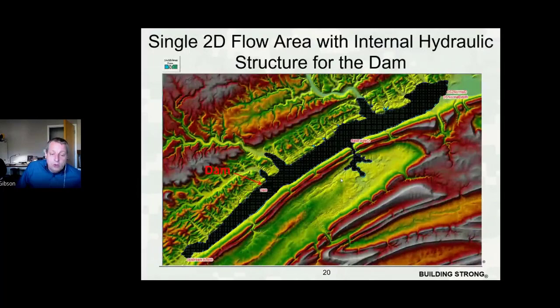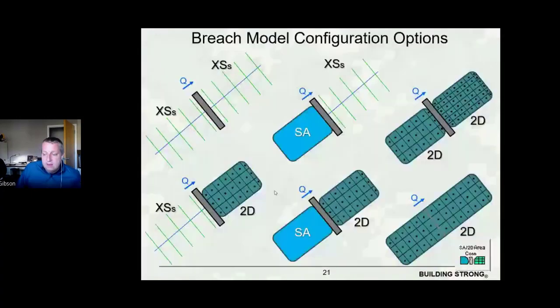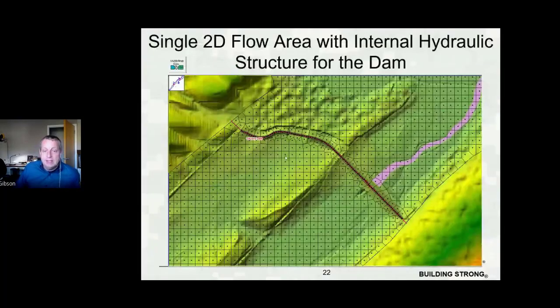Here you have one 2D area for the whole reach, and then you just go put in a storage area 2D connection. And this is where that language does start to get weird, because you're not actually connecting anything, are you? And it has nothing to do with the storage area. It's an internal hydraulic structure within your 2D area, but we've maintained the terminology, so you just need to get used to it. And so here is a single 2D area. You can see it all has the same cell size, but then we've gone in and drawn in this storage area 2D connection and enforced it,